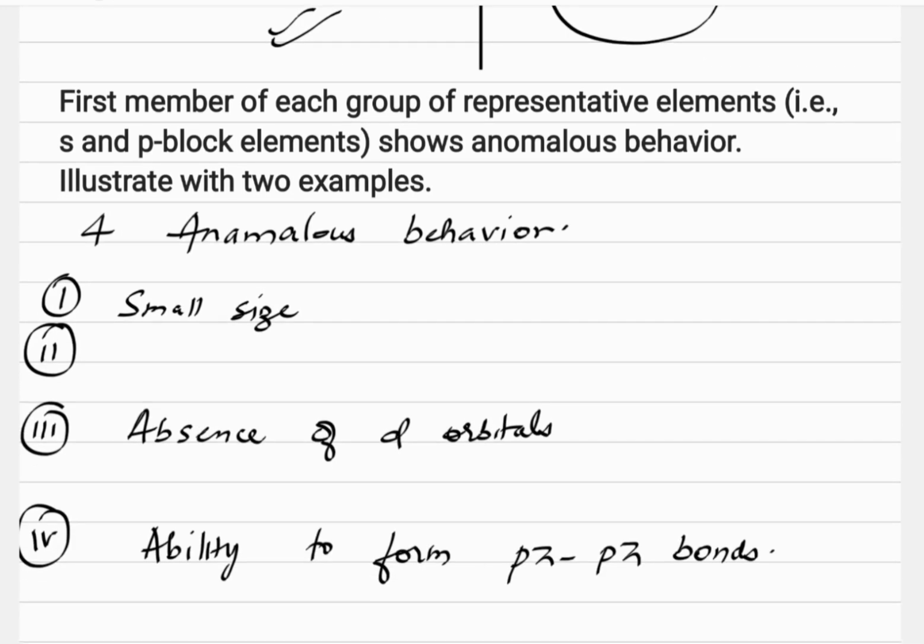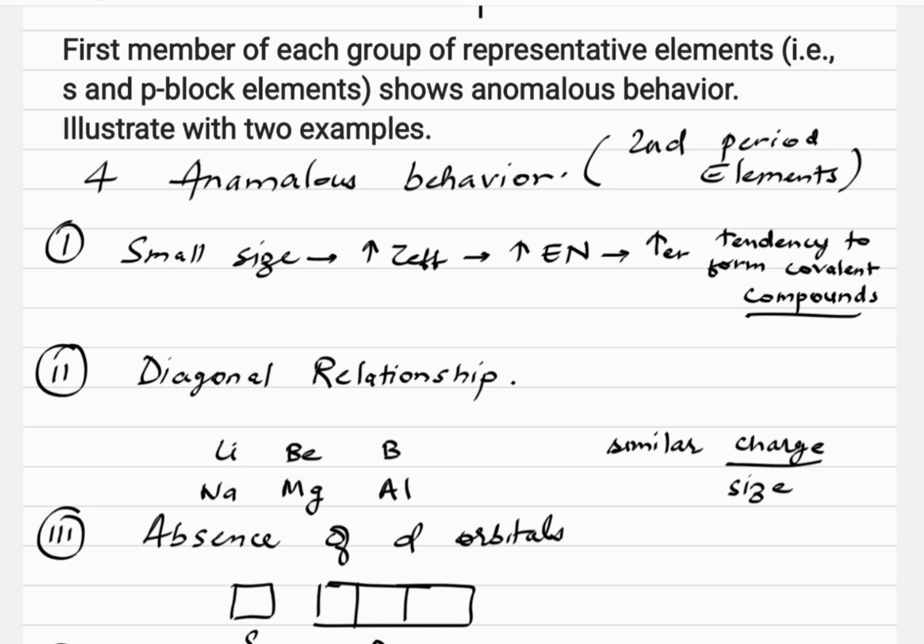So the last question of the video is that the first member of each group of representative elements, that is S block and P block elements, shows anomalous behavior. Illustrate with two examples. So here, when we talk about first member of each group, that means S and P, we are talking about second period elements, as in lithium, beryllium, boron, carbon, nitrogen, oxygen, fluorine, and such. They show